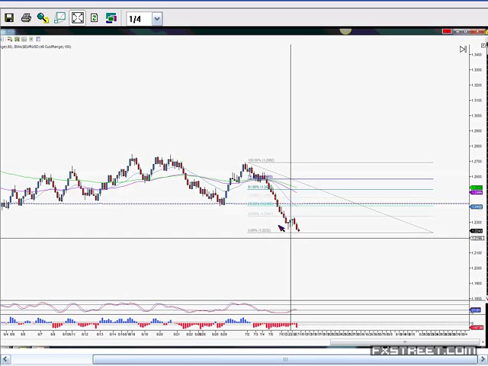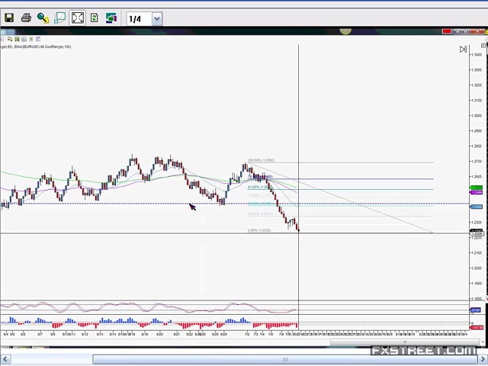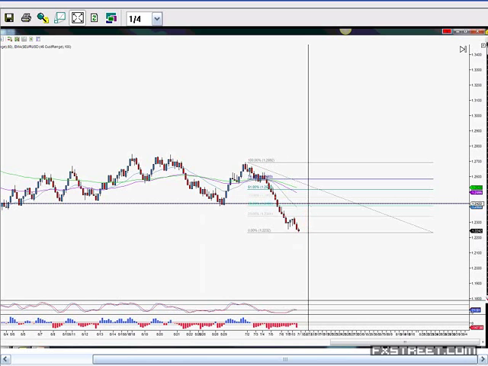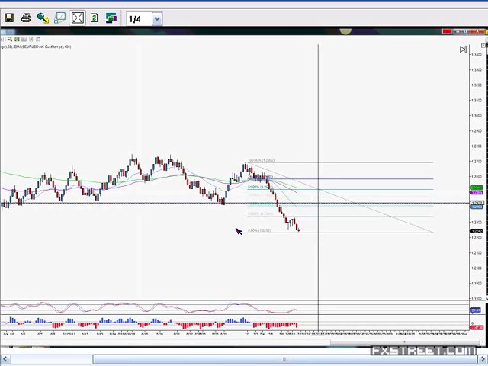So with the euro dollar at the moment, we've got momentum to the downside, which is wonderful. We've got a level that we're looking at. We want price to start to bounce up towards this 1.2422 level, a previous level of support, which then acts as resistance. When the market comes up to this level, we're looking for it to turn over. We're not looking for it to be pip perfect. If you're looking for pip perfect levels and moves, you're going to be waiting a long time between trades.